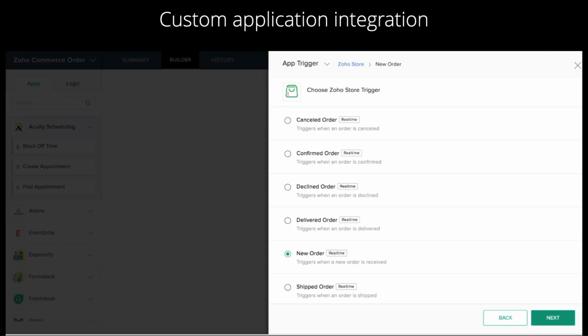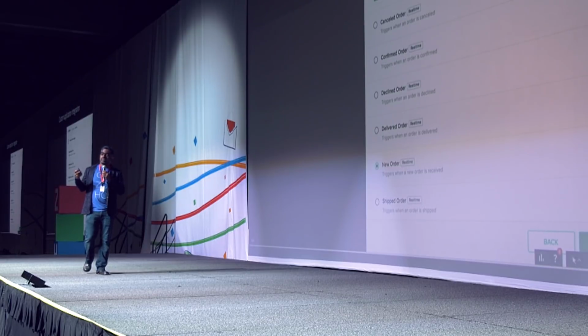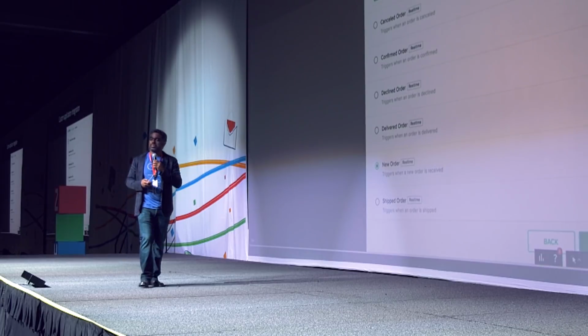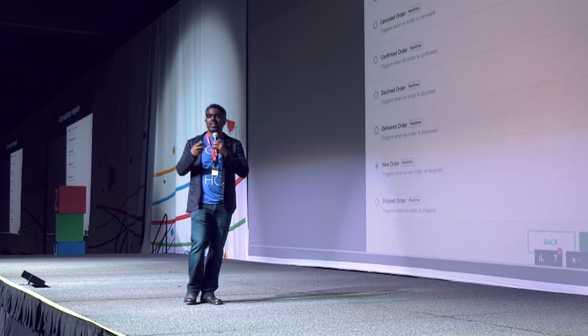For example, when someone places an order, you may want to take the order information and pass it on to your proprietary system or a third-party system. If you want to do that, some of these are built into the platform as well. Powered by Zoho Flow, any external integrations are possible. We have had customers who integrated Zoho's inventory system with a third-party system, like an SAP, for example, and using Zoho Flow, they have enabled these.